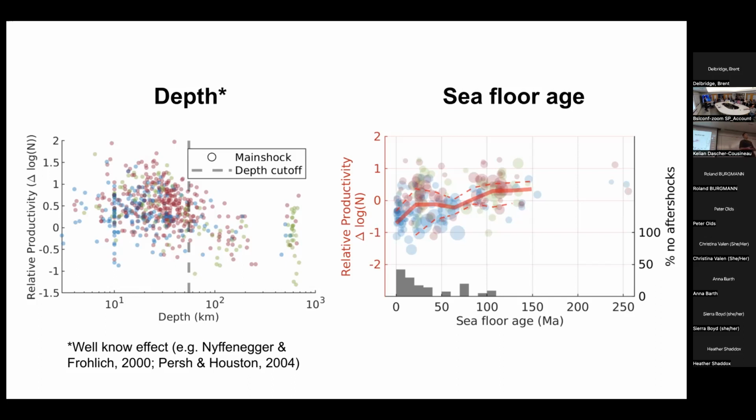So there are some rough systematics here that potentially hint at what's going on in terms of physics. On the right, I'm plotting, and this is actually kind of new from the work that I did, a relationship between the seafloor age and the aftershock productivity. Broadly speaking, if we run a median through this data, we have increasing aftershock productivity as the plate age increases. You can also see that in terms of the number of main shocks that have no aftershocks, really clustered around the seafloor spreading centers.